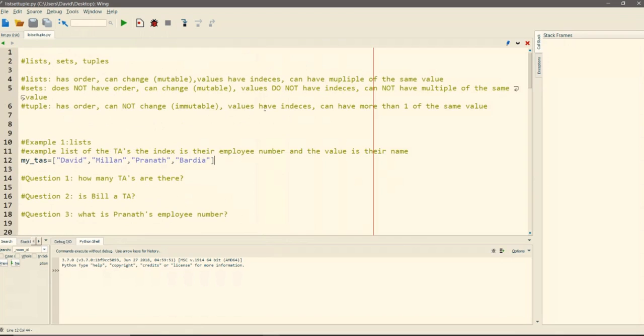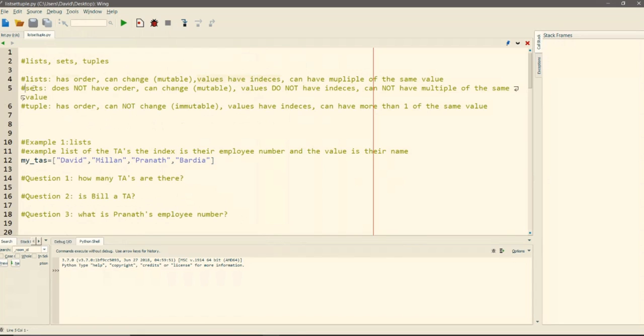Okay, perfect. So in this we're going to be covering lists, sets, and tuples, right? The first step is to know the differences and when they should be used. Lists have order. They can change, which means they're mutable. That word's going to pop up again if you're in software engineering or computer systems, or quite a few of them. Every single value has an index where it can be referenced, and a list can hold multiple of the same value. So a list can have one, and then it can also store another one, right?